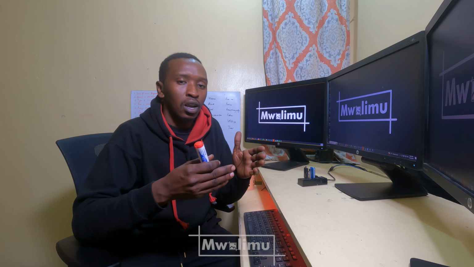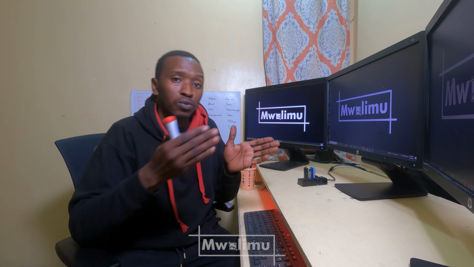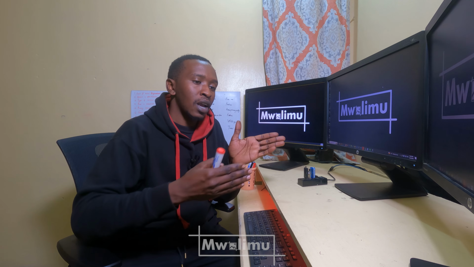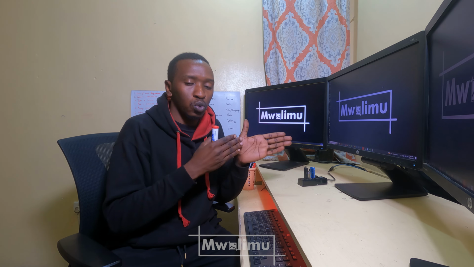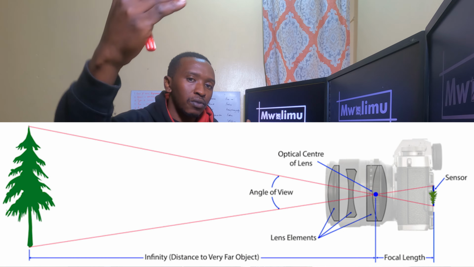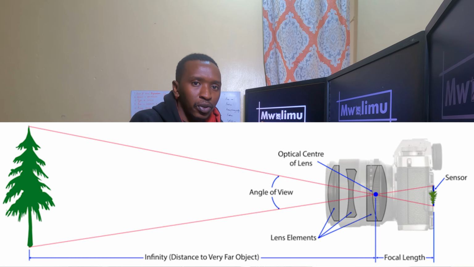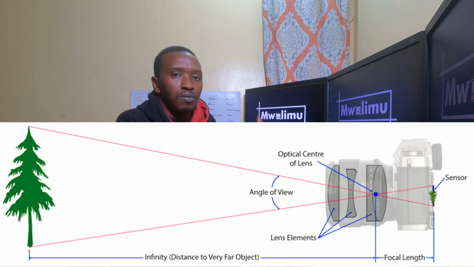Whether you're using a modern day digital camera or the old school film camera, at the point of you creating the image, there's going to be a medium to store light. Then there's going to be a scene in front of the camera. Then the scene in front of the camera is going to get transferred to the medium, which can be a film in the olden days or a sensor in the modern days. Then the scene in front of the camera is going to be painted or transferred using light to that particular medium.